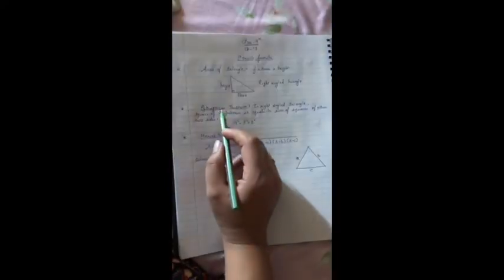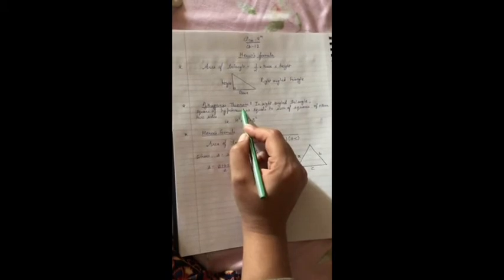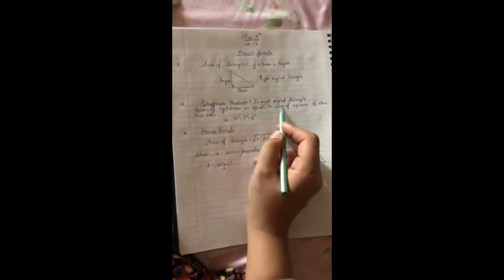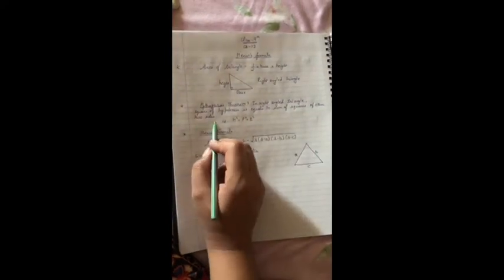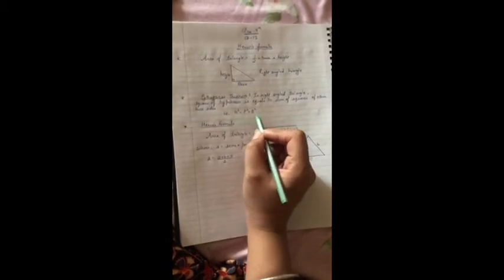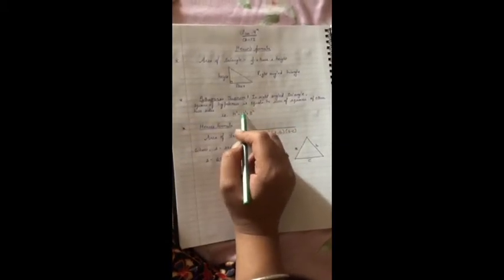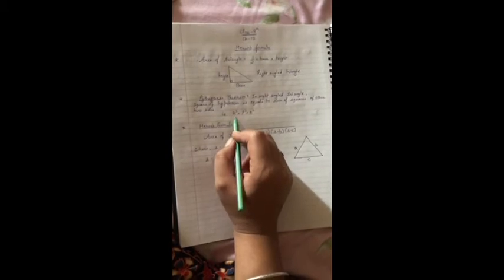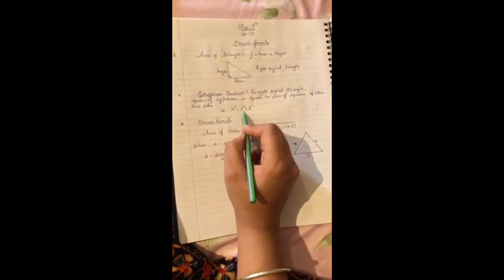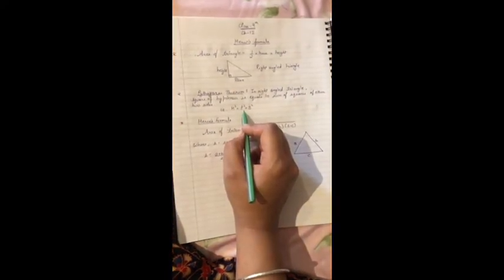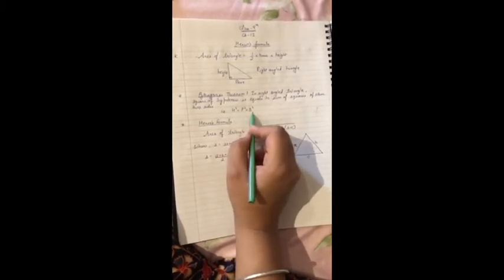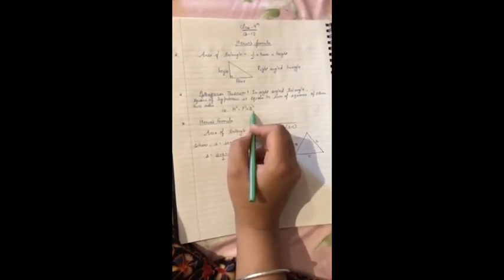And you already know the Pythagoras theorem. In a right angle triangle, the square of the hypotenuse is equal to the sum of the squares of the other two sides, right? That means hypotenuse square is equal to p square plus b square. ये हम already study कर चुके हैं, right? The longest side is called the hypotenuse. Perpendicular means the line making a 90-degree angle to the base. So we get the formula hypotenuse square is equal to p square plus b square.